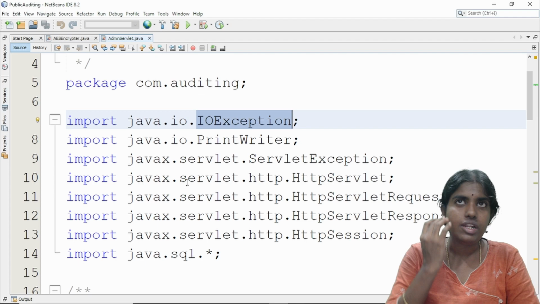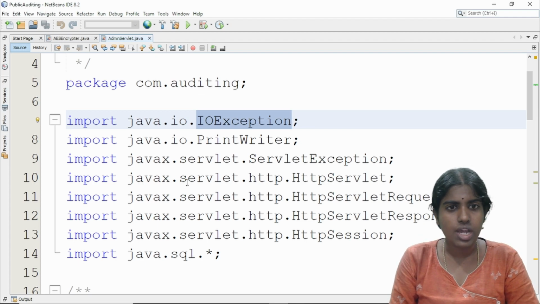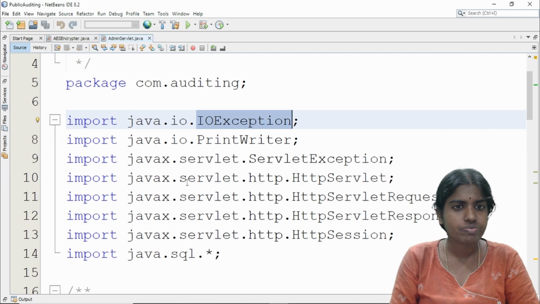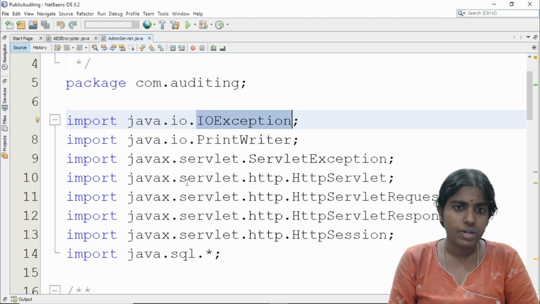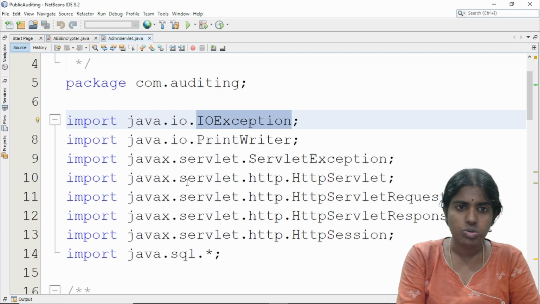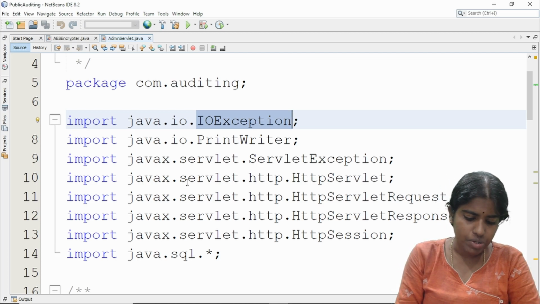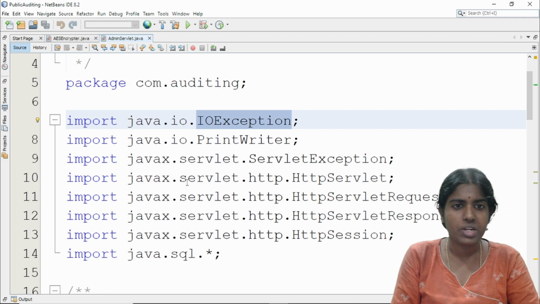Whenever I want to handle any input output exception, I import java.io.IOException, and then I'm importing java.io.PrintWriter. Whenever I want to write something at the output, there are separate packages and libraries for performing different types of operations.